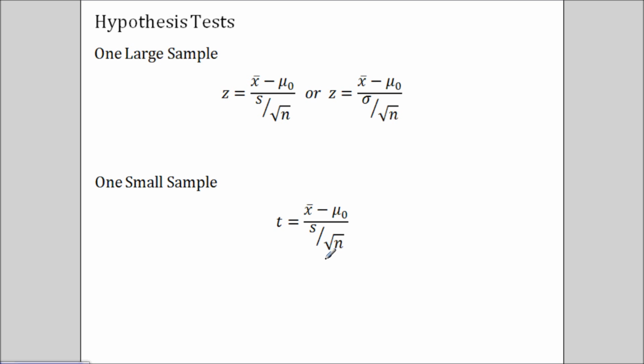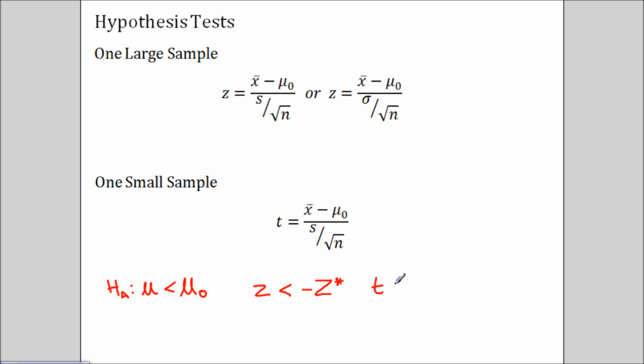The test statistic is really where we see the difference between Z procedures and T procedures. For an alternate hypothesis of the mean is less than the mean under the null hypothesis, so mu is less than mu naught, our rejection criterion is always less than the critical value,